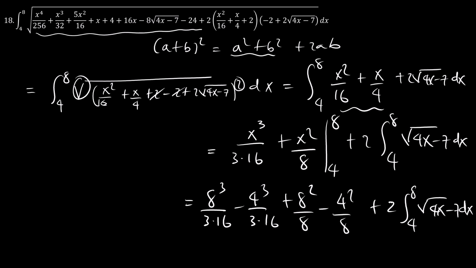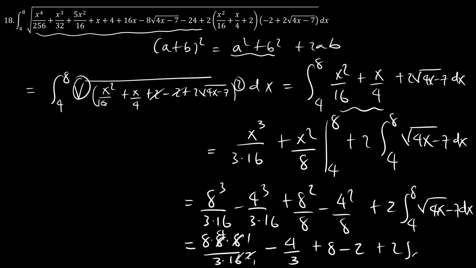Okay, so what we see here is we have 8 over 3 times 16 by 8, minus, we're left with 4 over 3. Why? Because 4 squared is 16, and here we have 8 minus 16 over 8, which is 2, plus